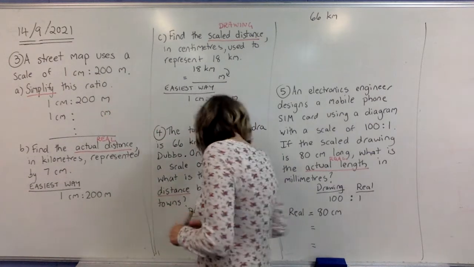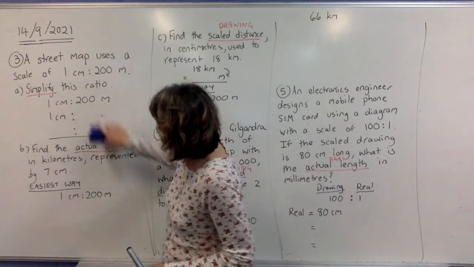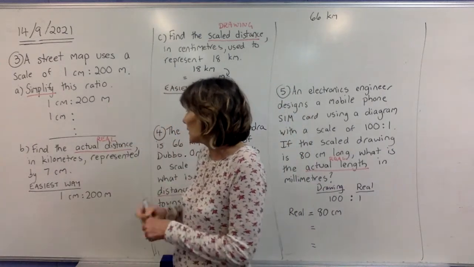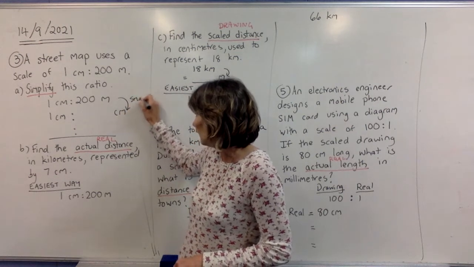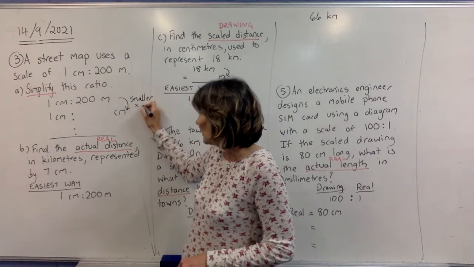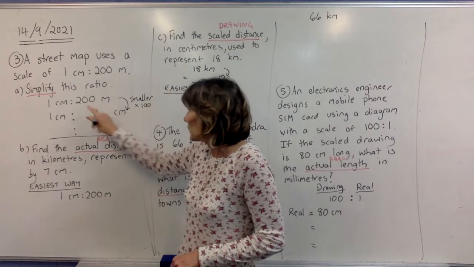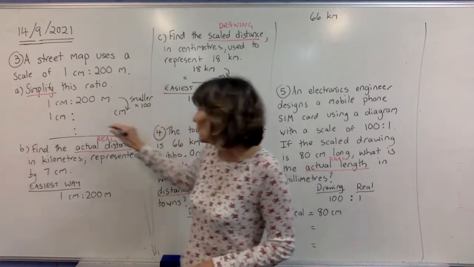So, how do we go from metres to centimetres? Well, centimetres are a smaller unit. So we're going to times by, centi is 100, so we're timesing by 100. So 200 times 100 on your calculator